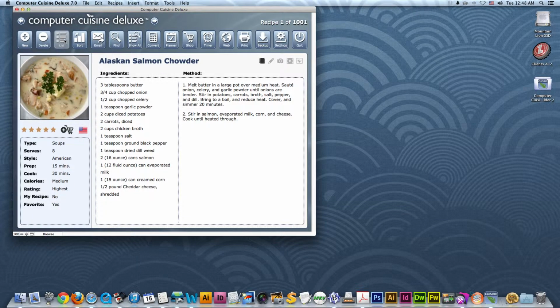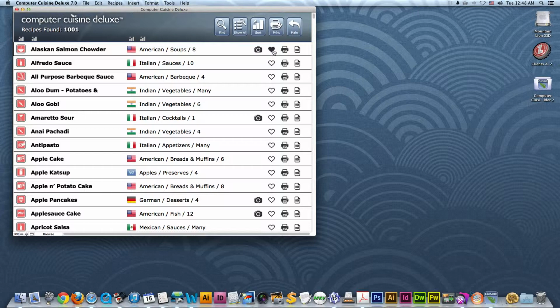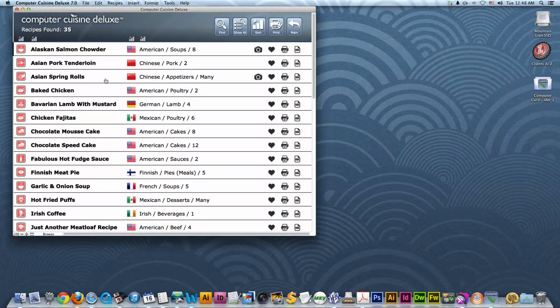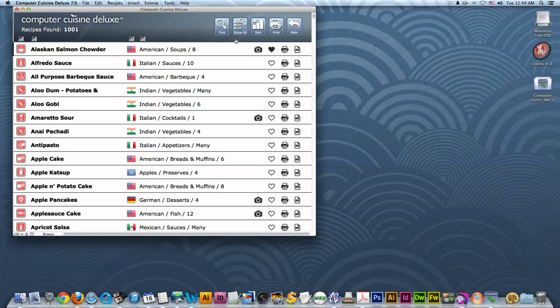And obviously, at any time, if you wanted to find all the recipes that are your favorite, you just simply go to the Find menu, go to Favorites, select Yes, and click Enter. When you click Enter, now you'll see all of these are filled in because we are only listing all of our favorites from the entire recipe collection, and there are 35 of the favorites listed out of 1,001 recipes. So we can always click Show All and Sort, and now we're back to the 1,001 complete recipe listing